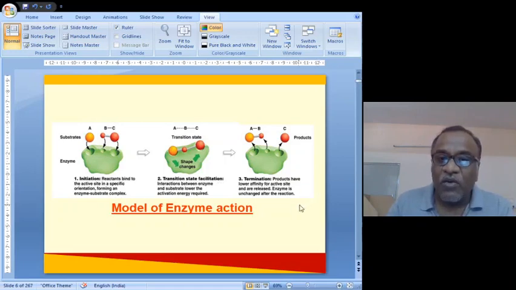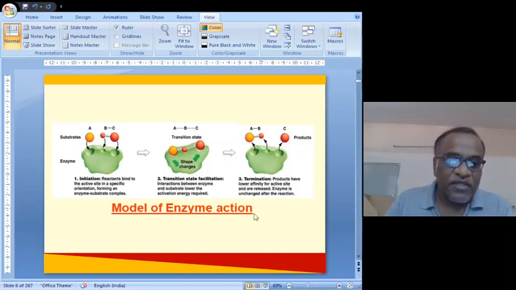Products have lower affinity for the active site. So in the initiation phase, the reactants or the substrates have higher affinity for the active site. In the termination phase, products have lower affinity for the active site. Since they have lower affinity, there is no binding. So the products are released, and the enzyme is unchanged and released in the free form. So they are not being used up or consumed during the